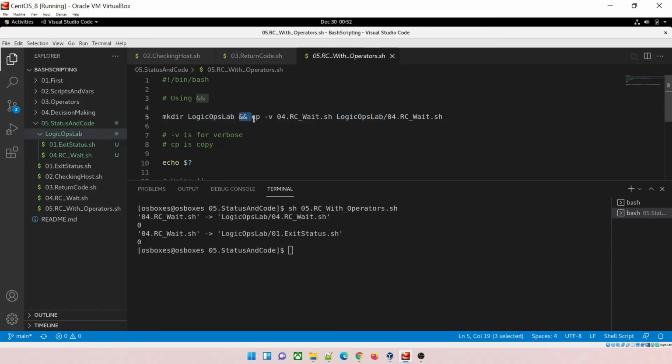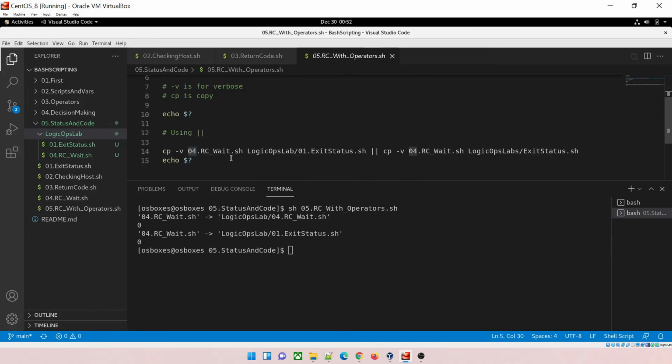And the second condition, cp is copy, hyphen v is for verbose, 04.sh is the name of the file that I'm going to copy, to the directory LogicOps lab with this name, and this has been copied, which means this condition has been fulfilled and this condition also has been fulfilled, which means exit status 0. Both the conditions have been fulfilled.